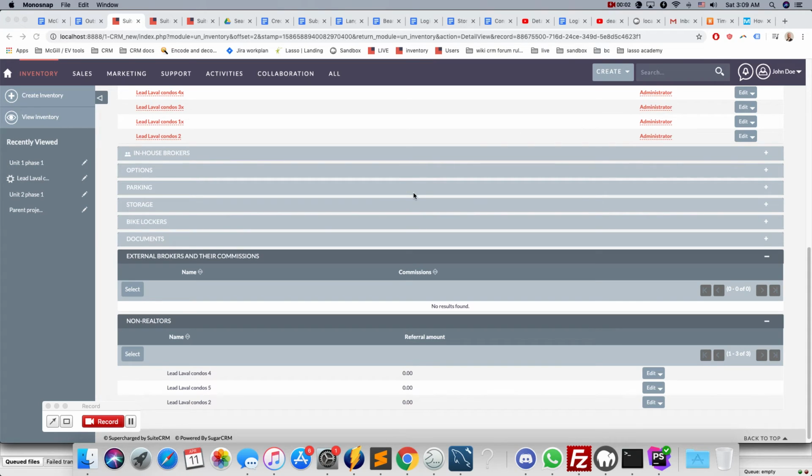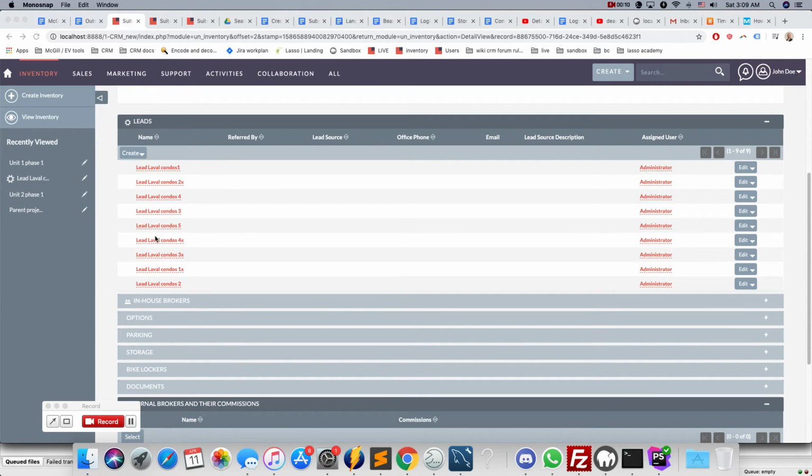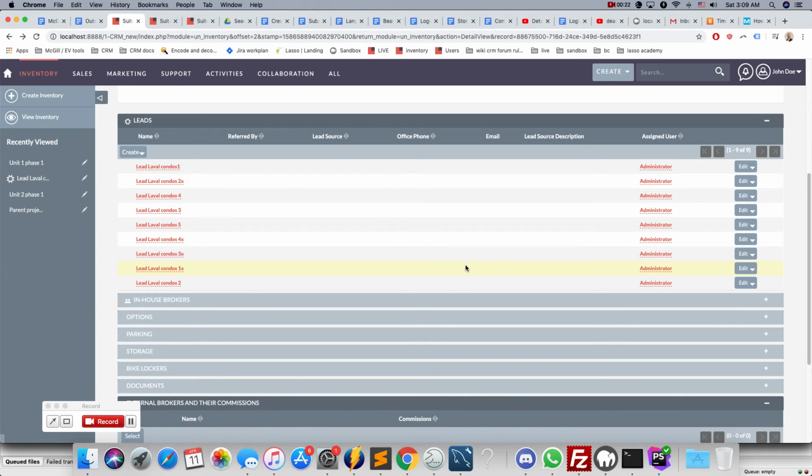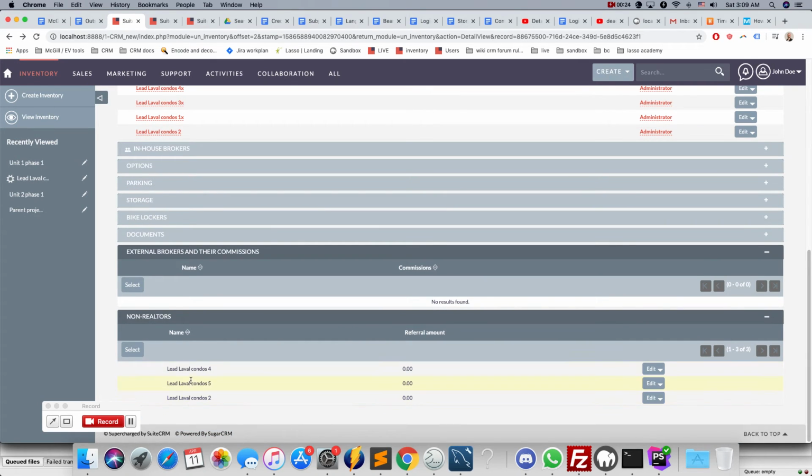Today we'll learn how to disable live links towards the detail view of given records inside the subpanels. So simply put, we have here the subpanels, and these are live links towards the detail view of a given record. So when we click here, we go to the detail view of this specific record. For one reason or another, you may wish to disable those links and only have them click, for example,